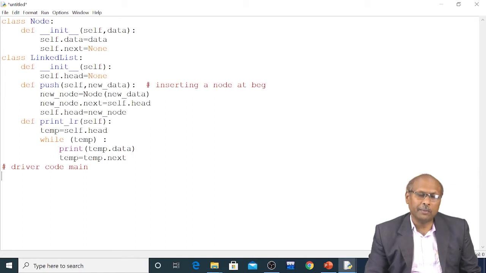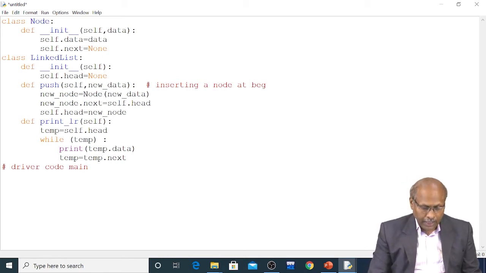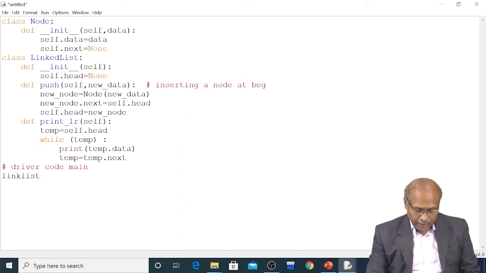Of course, this is a comment statement. This statement will not be executed by the compiler. It is simply for the user's or programmer's understanding. So what do I have to do? I have to create one object of linked list. So I will write here linked list, my object equal to,